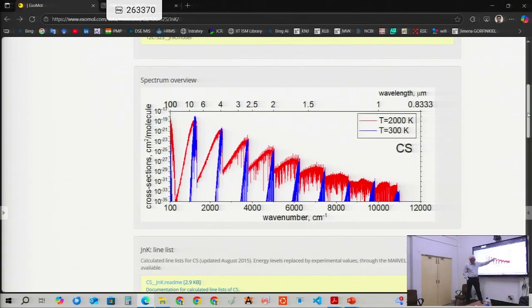When you're up at 2000 Kelvin, the thing is looking much more continuous. It's still not completely continuous. And you've got two